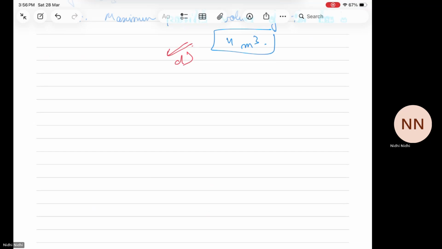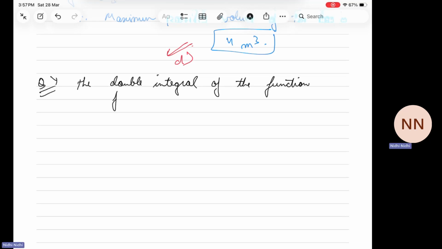Question number 4: the double integral of the function f(x,y) equal to x e to the power minus y over the domain [0,2] cross [1,2] is equal to